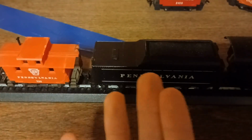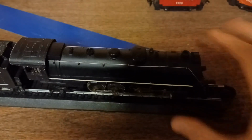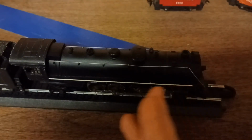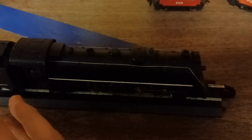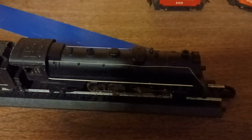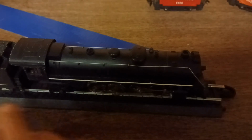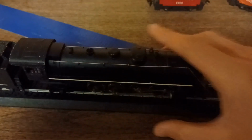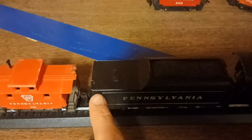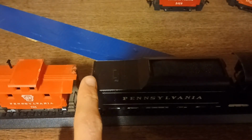Even the caboose is actually from the same year as this engine, but I'll show you a couple things. From 1960, they started painting the sides right here white. Some of the other units after 1960 didn't paint this entire area, but with some of the older units, they put the white stripe on here. And another detail that's actually old is the ladder. Some of the ladders are molded, but this one's actually put on here. It's like a metal